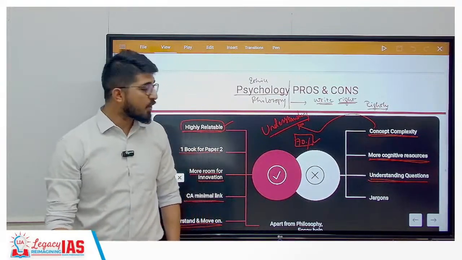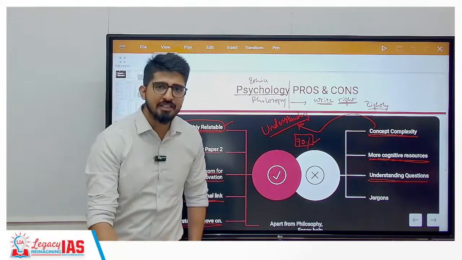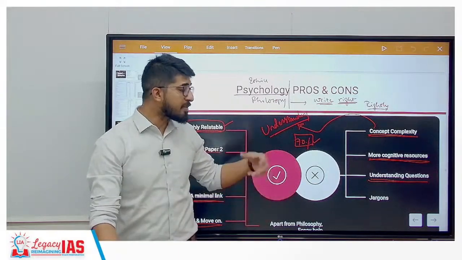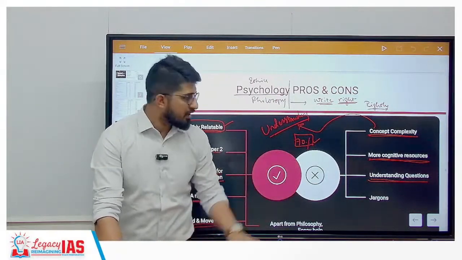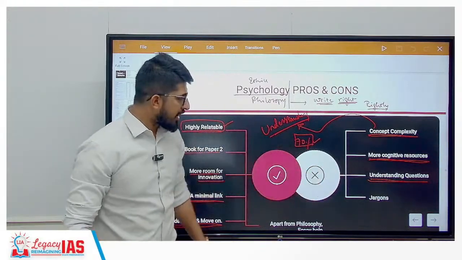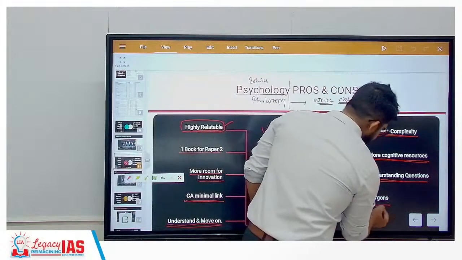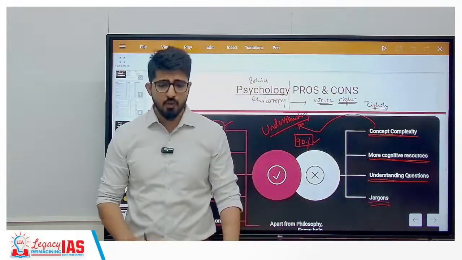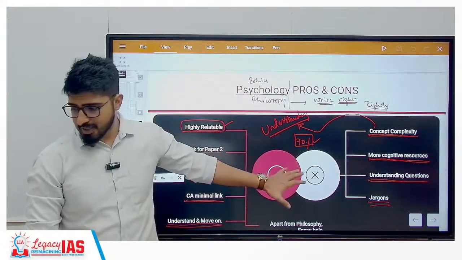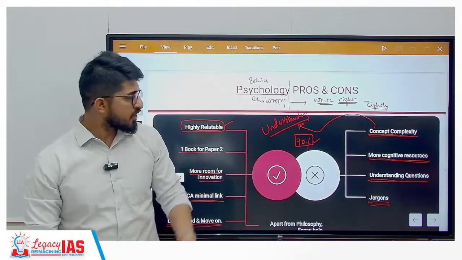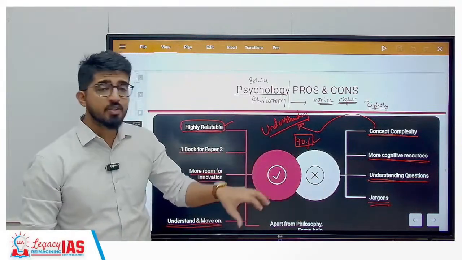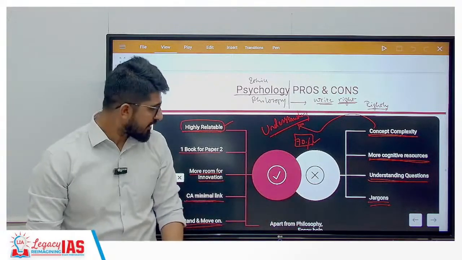Many people do not even get to understand which chapter the question is coming from in this particular subject. So if you are able to understand the questions properly, your work is done. But the thing is, understanding the questions is not so easy. And it has quite a few jargons, special words, which you might have not heard of earlier. That is something which you find in this particular subject. Okay, so special words related only to this particular subject you find here. Okay.